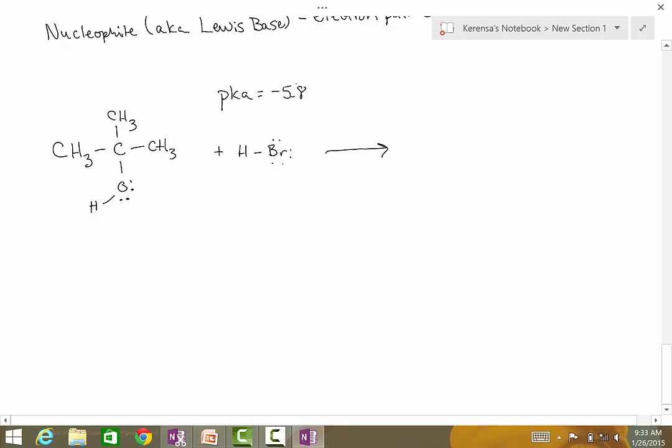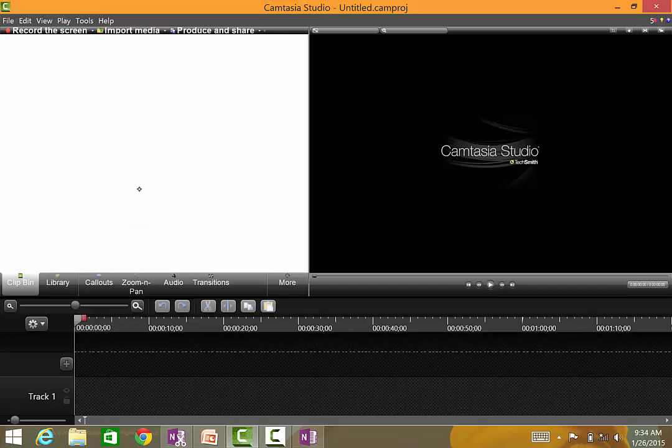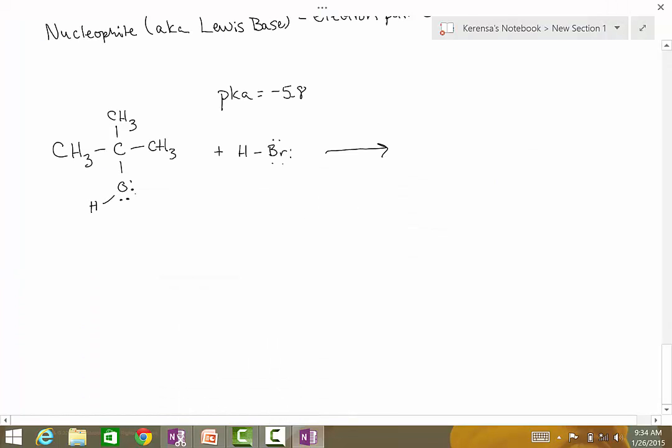And to do that, we have to have a proton acceptor on the other molecule. Our proton acceptor will always have a lone pair, and that's going to be our oxygen. So our oxygen is going to use its lone pair to pick up this proton, and we're going to break the H-Br bond. Bromine is more electronegative, so bromine will take the electrons with it. And as we do this, we produce an alkyl oxonium ion,